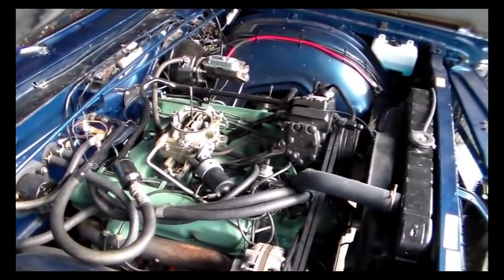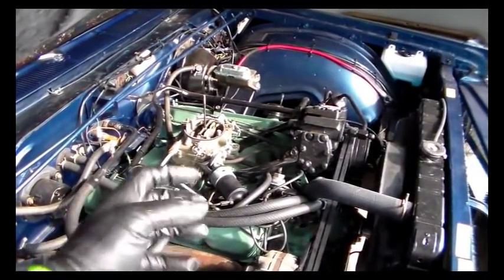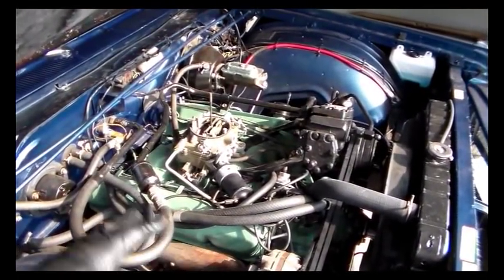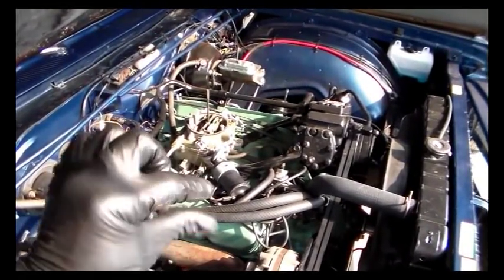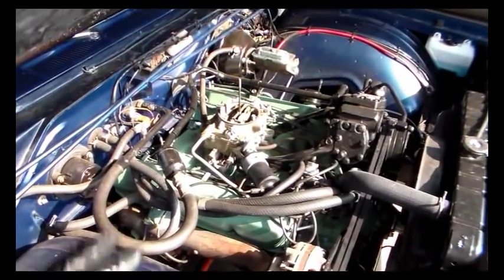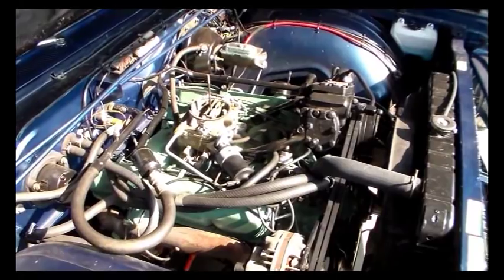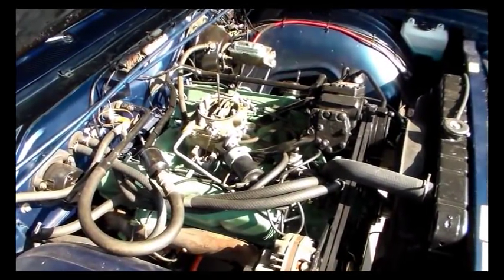So I think we got a couple of issues going on. Number one, we got too much heat drawn into the carburetor itself. That's a big old carburetor and it has no insulator except for a little small paper gasket on the bottom. And the second thing is we may have an issue with one or both of our floats. I rebuilt this carburetor a few months ago completely and the floats look good, but